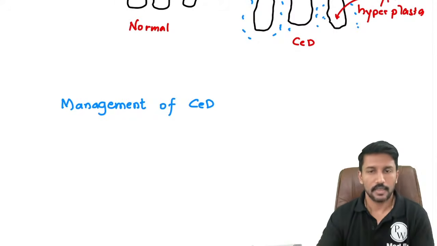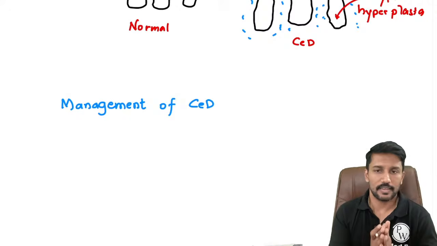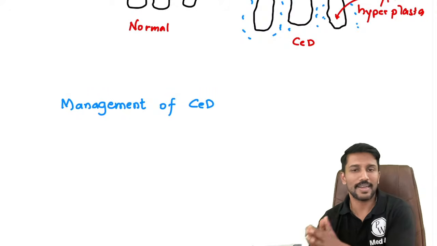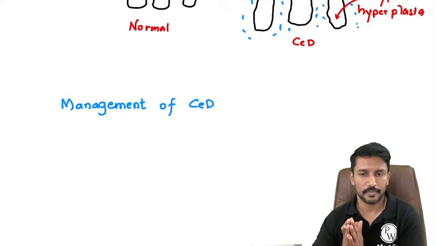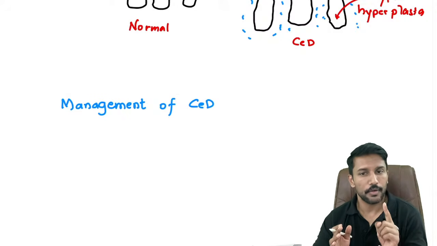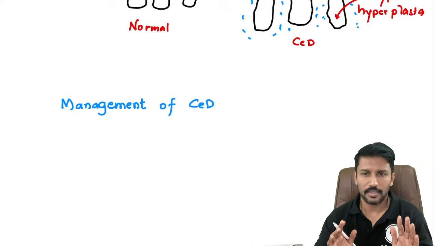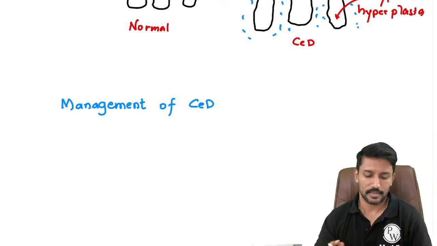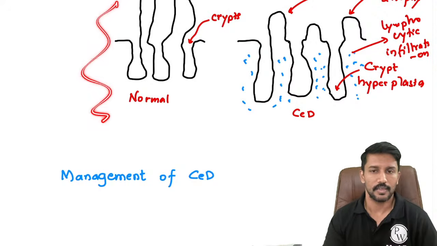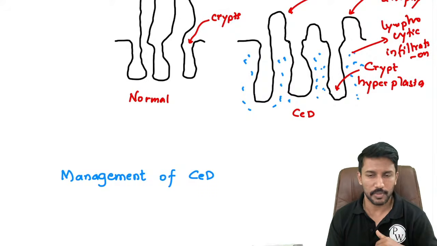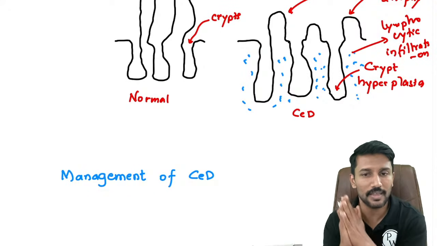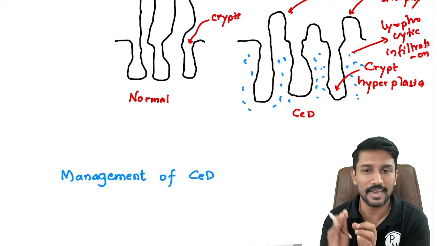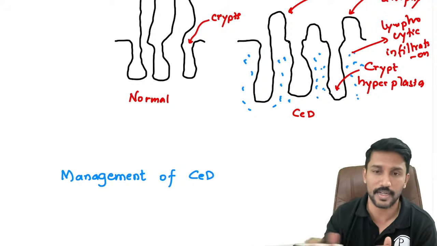The answer is, one thing we have to mention is that HLA DQ2 or DQ8 testing has high negative predictive value. Now, what do I mean by that? If you don't have HLA DQ2 or DQ8, if one of them is not there, you're unlikely to be a case of celiac disease. Even if you throw this histopath image at me, I would say, sir, no, this is not a case of celiac disease because HLA DQ2 and DQ8 both are negative. So it has a high negative predictive value. It helps you to rule out celiac disease.